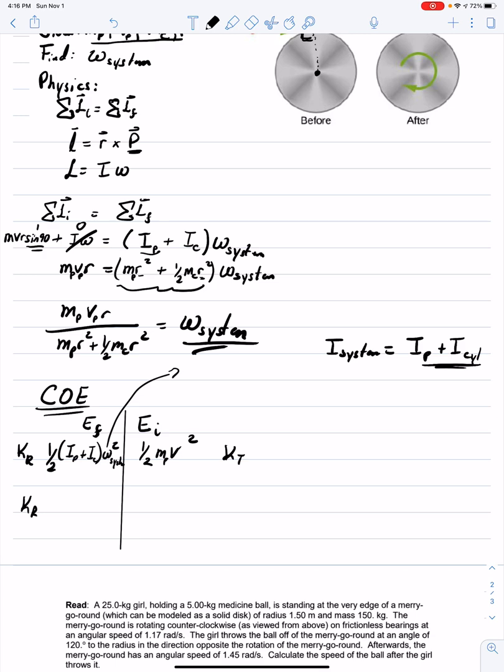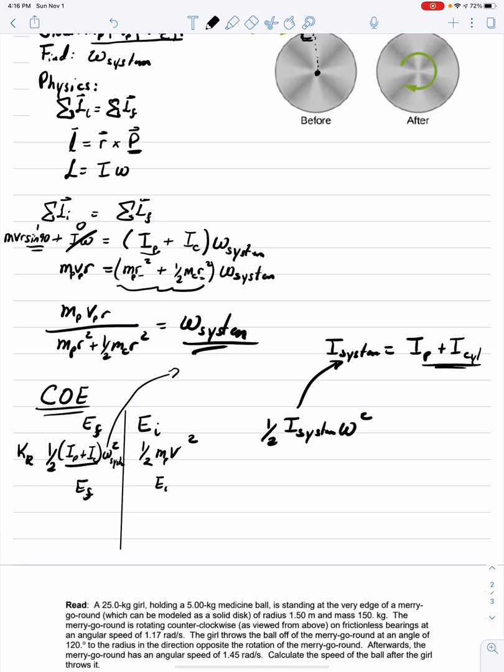Okay, so that's why we have this right here, because we're taking into consideration the moment of inertia of the entire system. Okay, so now all we have to do is equal them. So this is the final mechanical energy, and this is the initial mechanical energy. We sum all the components, but there's only one, so we go 1/2, and I'm just gonna write it, the moment of inertia of the entire system